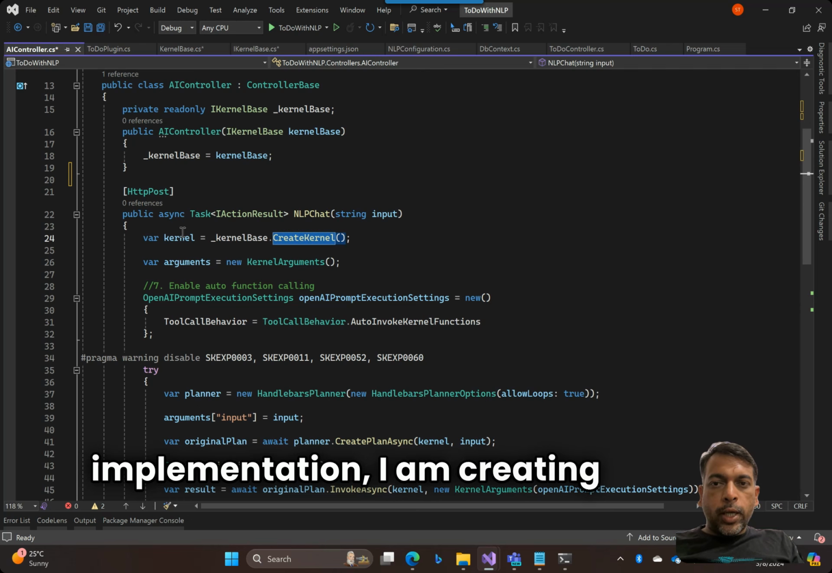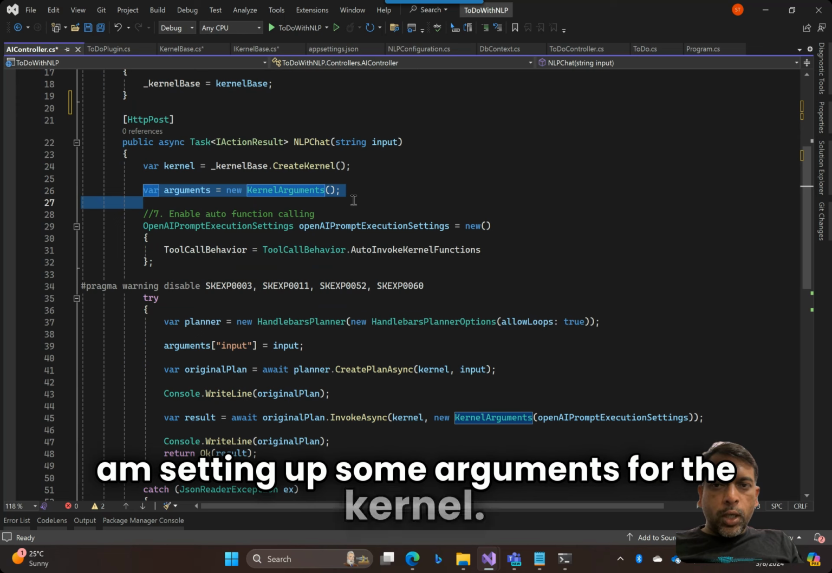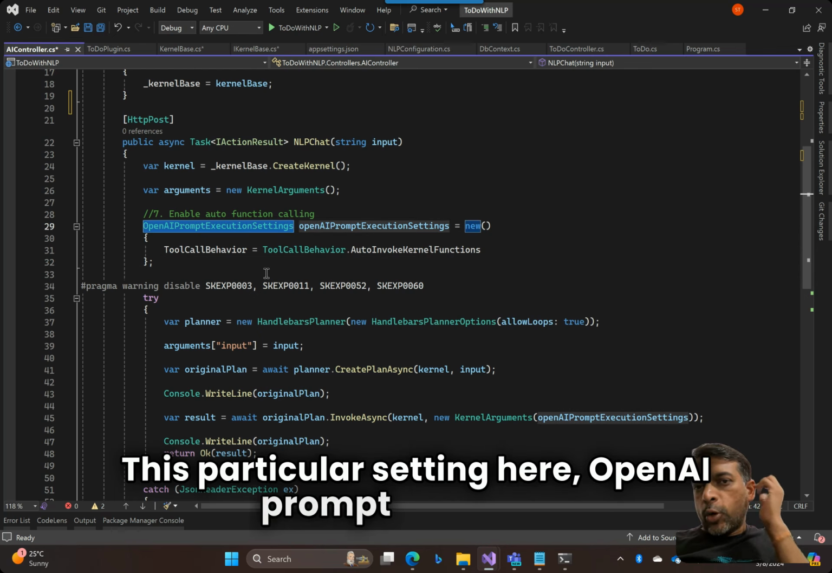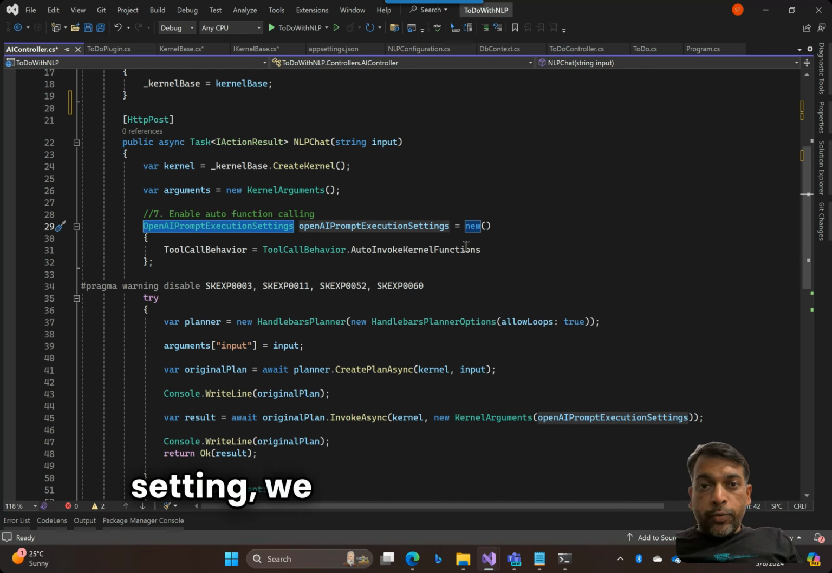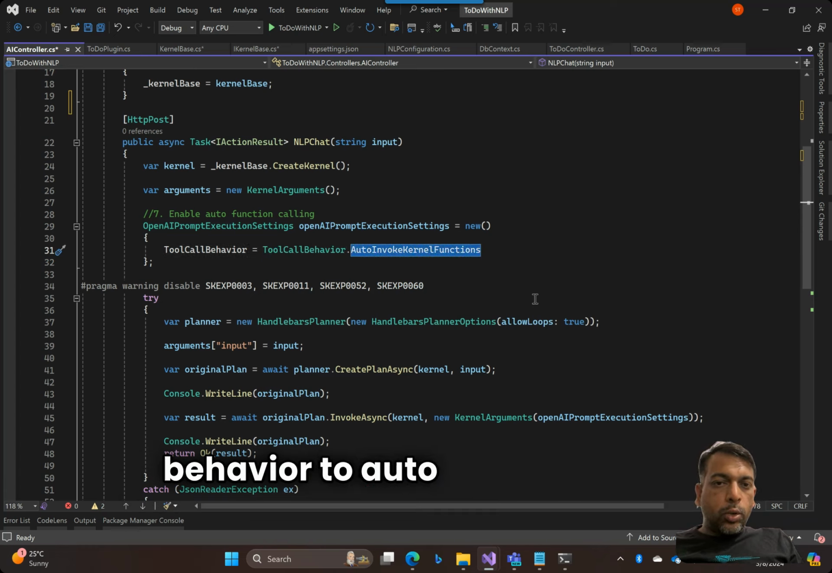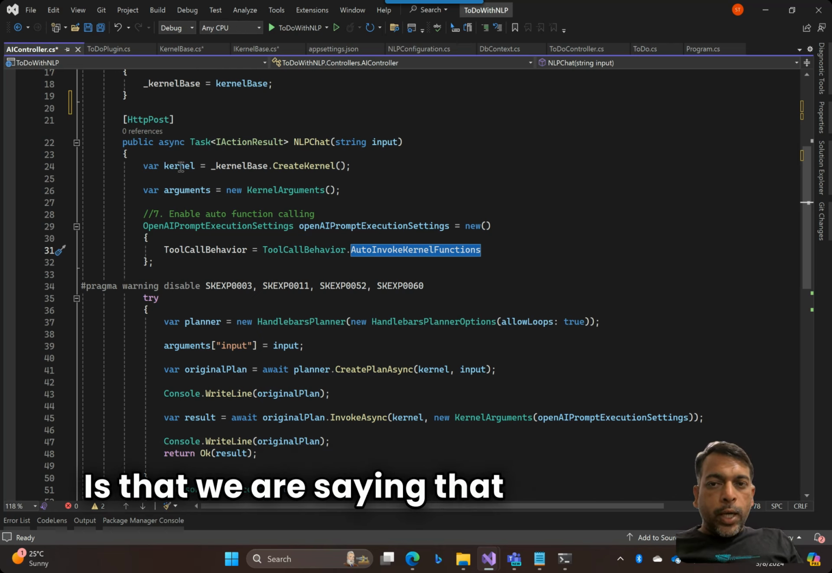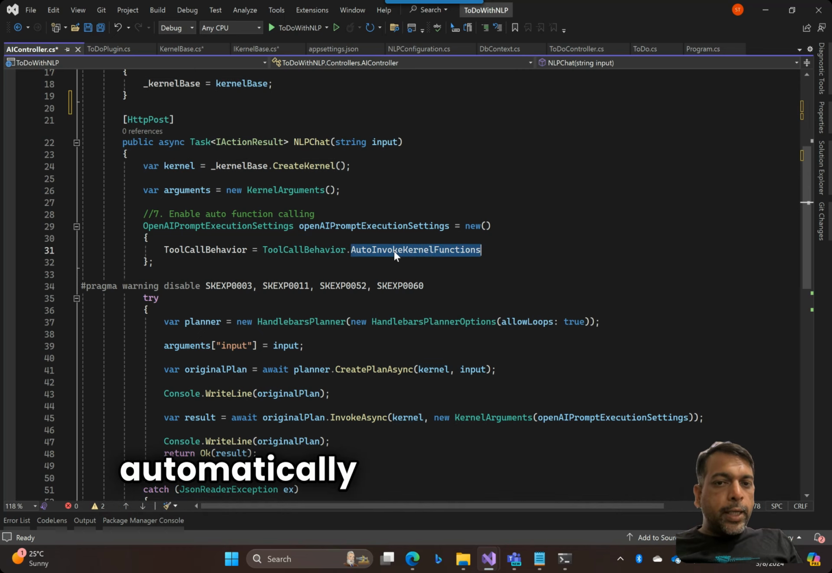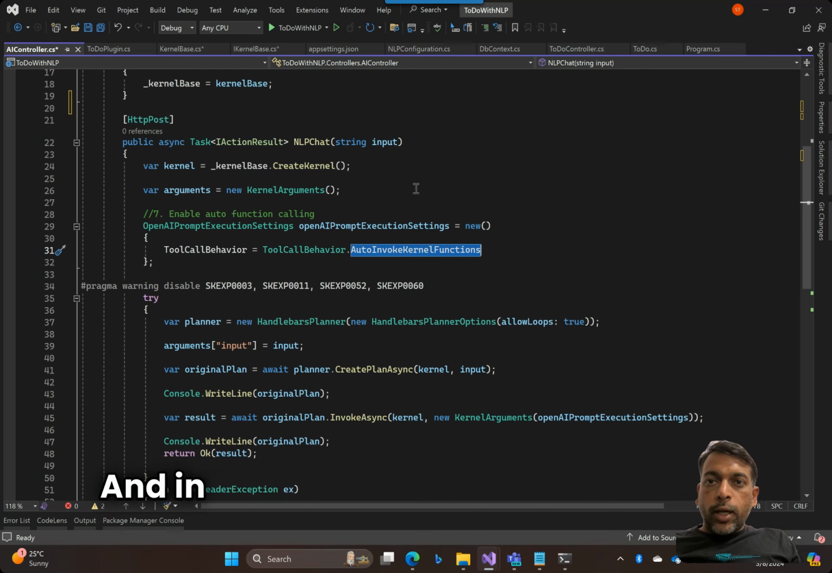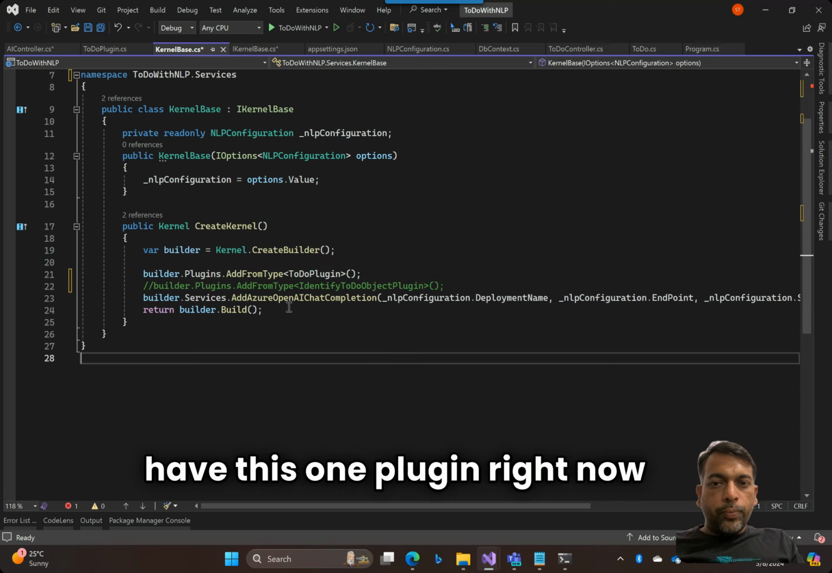I am creating a kernel object, and then I am setting up some arguments for the kernel. And this is very important. This particular setting here, OpenAI prompt execution setting, we are setting the tool call behavior to auto invoke kernel functions. What does this mean? It means that we are saying that the kernel can automatically identify which kernel function to call, right? And in our case, in our kernel base, we have this one plugin right now, the to do plugin,